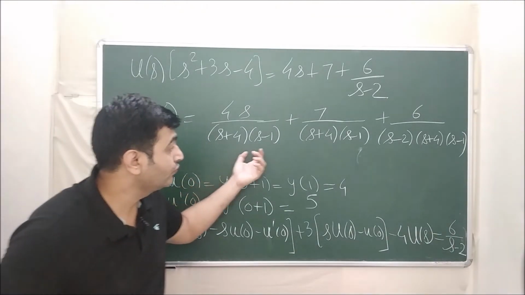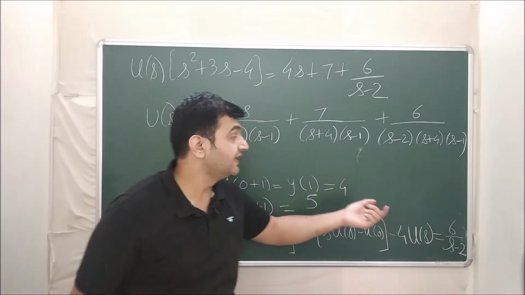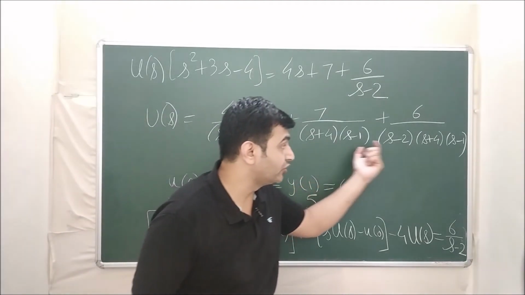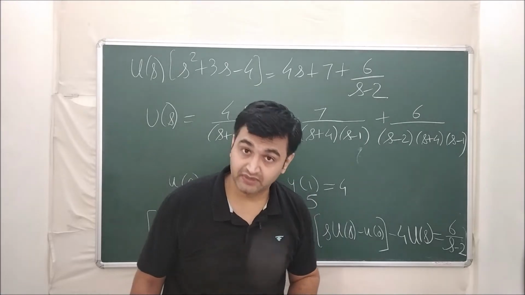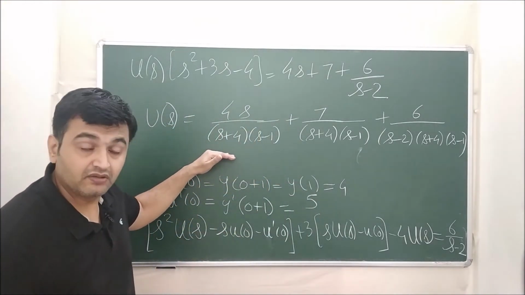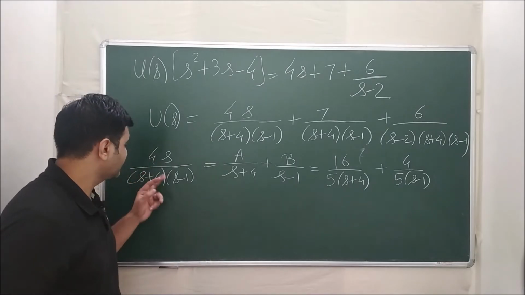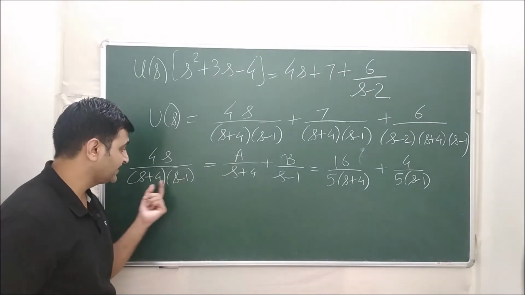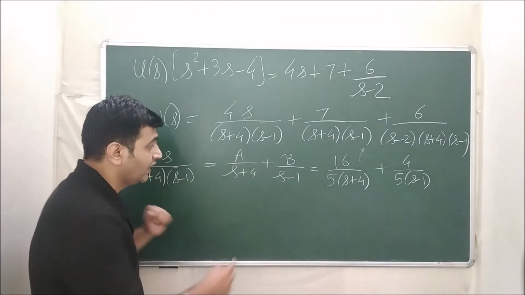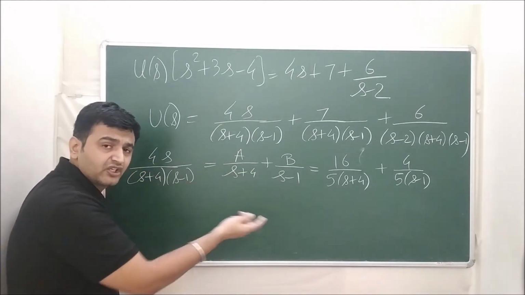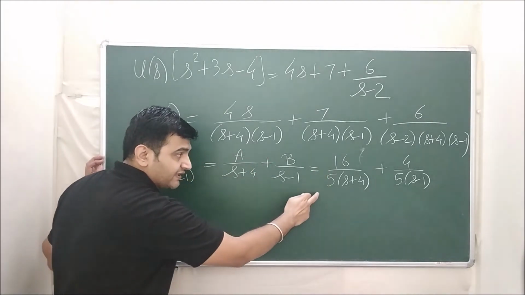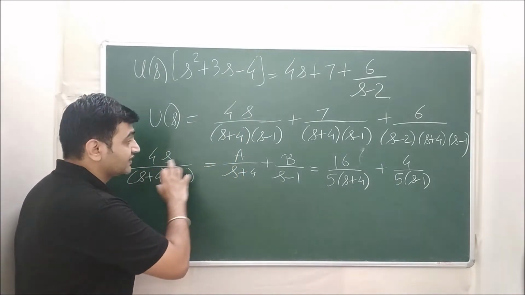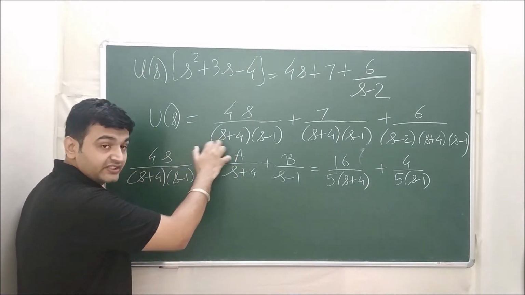Now how do you find the Laplace inverse of these three quantities? As I told you in my previous lecture as well, whenever you see the product in the denominator, you go by partial fraction method. So by partial fraction method, what do we get is 4s upon s plus 4 into s minus 1. By partial fraction, you write as A upon s plus 4 plus B upon s minus 1. You do the cross multiplication, equate the coefficients, you get A to be 16 by 5 and B to be 4 by 5, provided my calculations are correct. So this is the simplification of the first term.